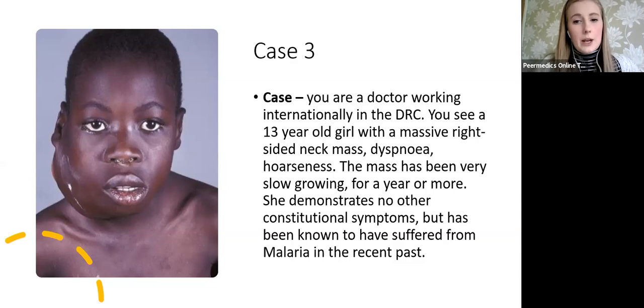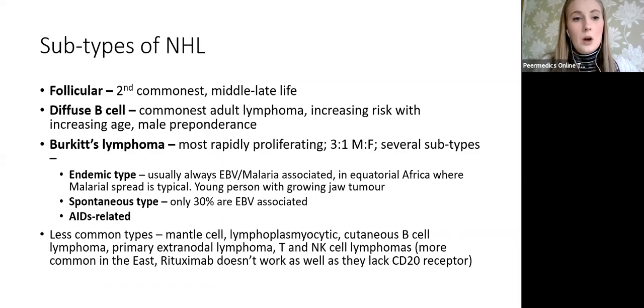So you're a doctor working out in the Democratic Republic of Congo. You see this 13-year-old girl who's got a massive growth in her neck, and then she's got resultant dyspnea and hoarseness. And it's been slow growing for quite a long time. She hasn't really got any other symptoms, but she's recently been known to have been a malaria sufferer. So this is a particularly unique type of non-Hodgkin's lymphoma called Burkitt's lymphoma,